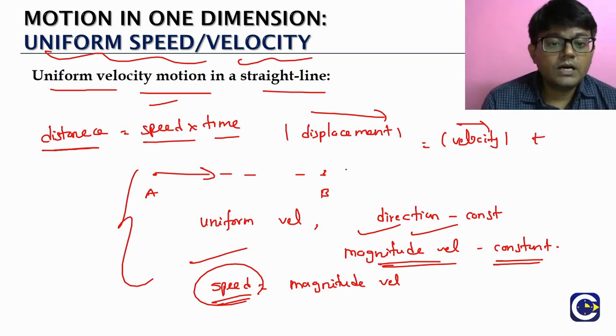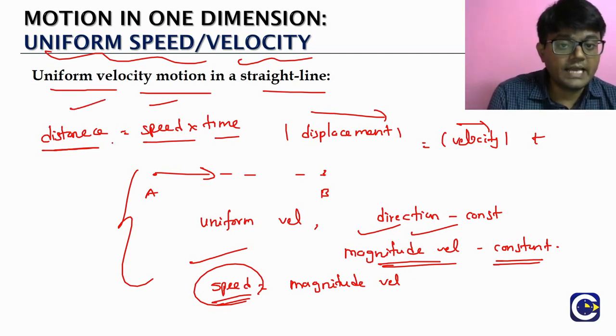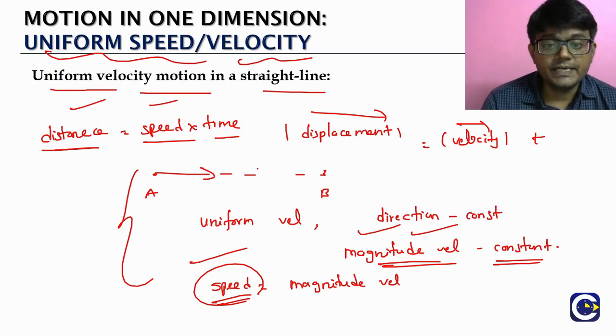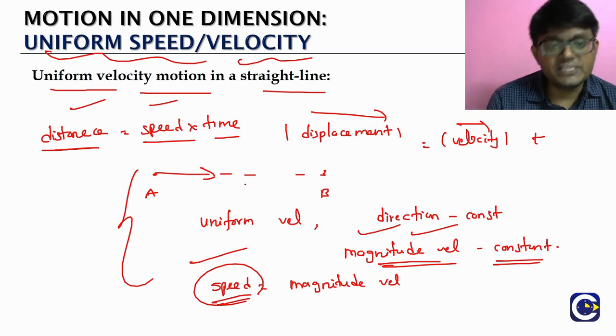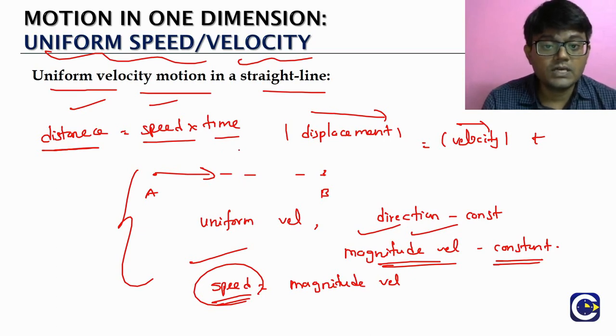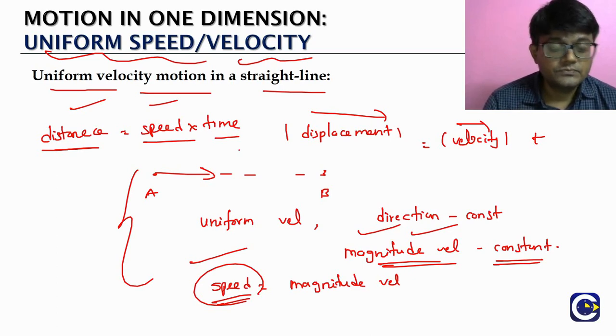Now what kind of questions can come in this particular area? Obviously in the JEE context, we will not have the simple relation between speed and distance or displacement and velocity magnitudes. This is probably a 9th standard level question. But what we will have is if the journey is divided, that's what we call the split journey. If the journey is divided into multiple parts, each part can have a different speed or different velocity, and we will try to look at the overall journey's average speed or average velocity. We'll look at it in detail.